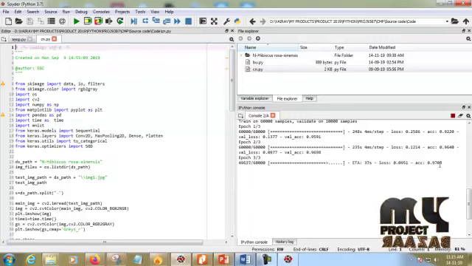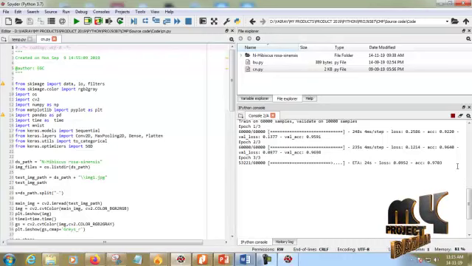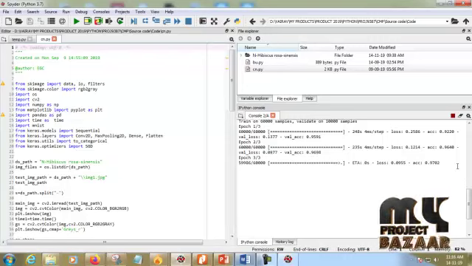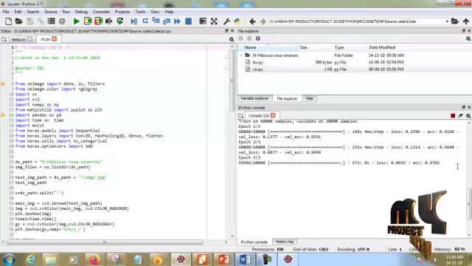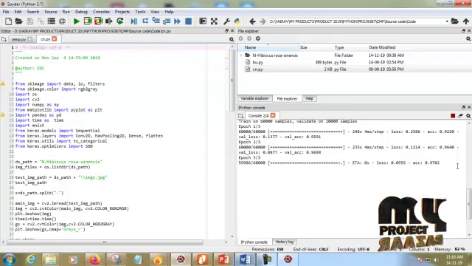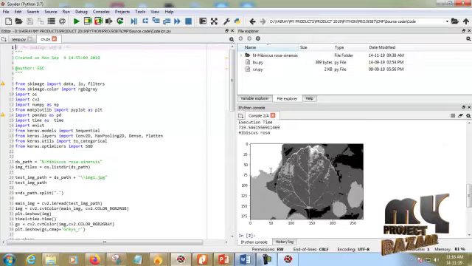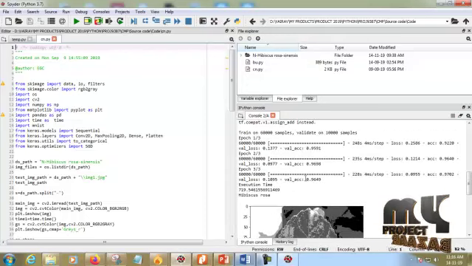You can see now the accuracy value has increased. After completing this, we will know how much we get. Finally, we get the accuracy of